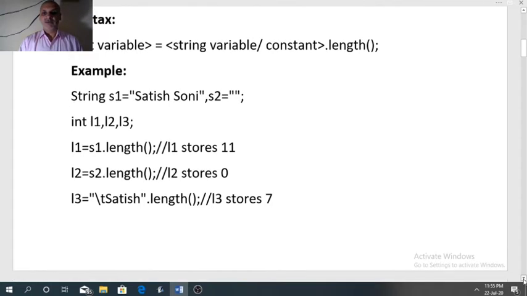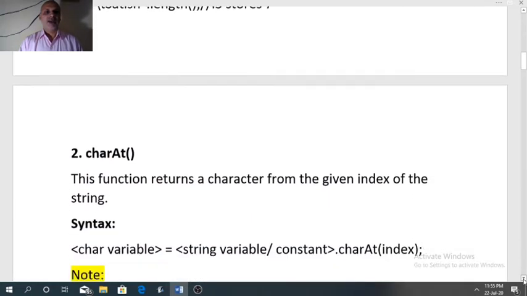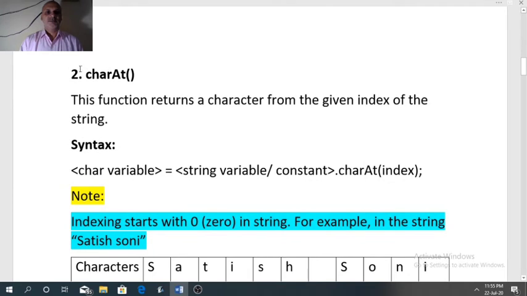Now we will see second function, char at. Be careful about the case of letters here. Here A is capital letter. All other characters are in small letters. Char at is the short form of character at.